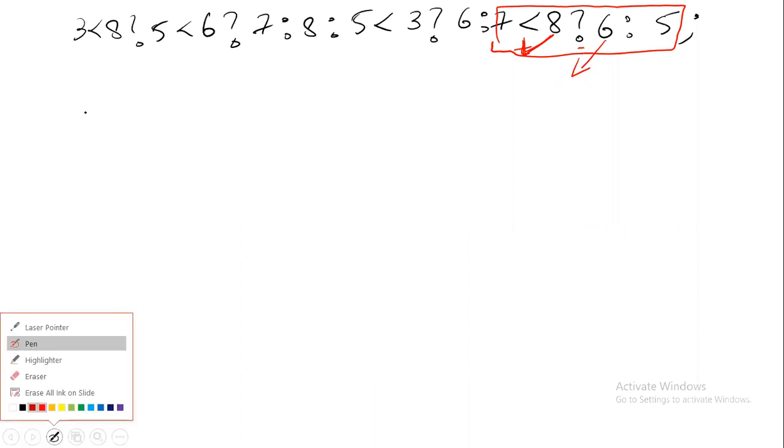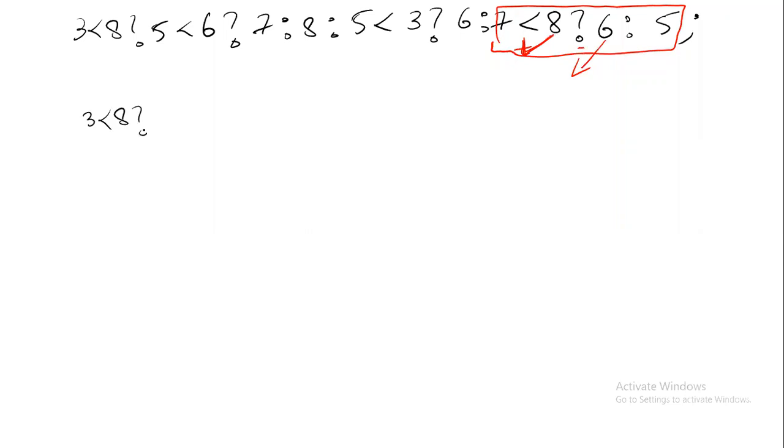Is 3 less than 8 question mark. And the biggest mistake is, when you're writing this again and again, you will go wrong somewhere. So when you're copying the question, don't make the mistake of writing it wrong. Write it as it is: 5 less than 6 question mark 7 is to 8 is to 5 less than 3 question mark 6 is to, and the result of that is 6. So I'll be writing 6 here. Okay, I have written 6.